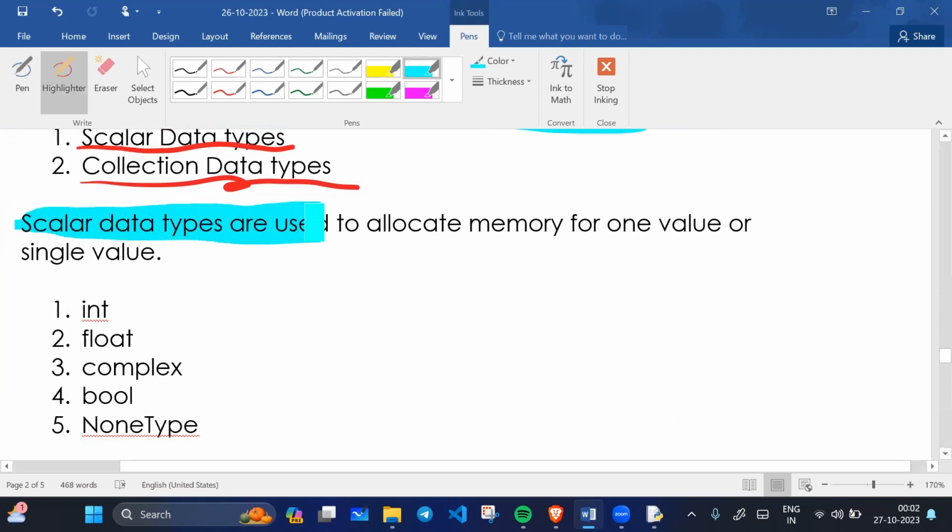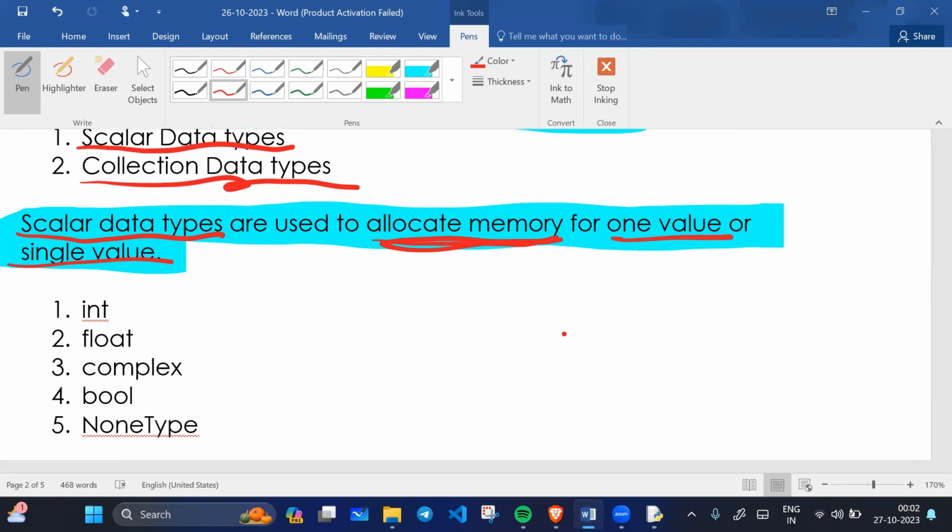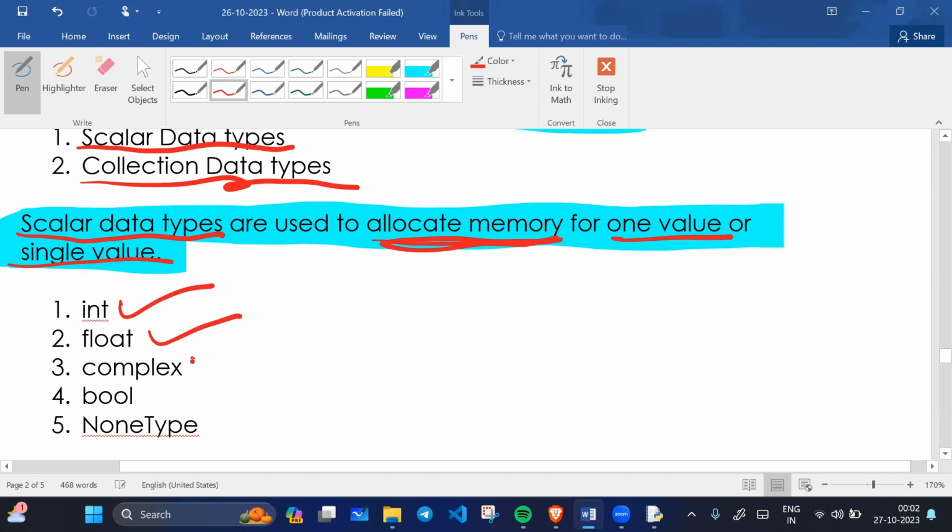Scalar data types are used to allocate memory for one value or a single value. Allocating means assigning some space in memory. Allocation means assigning or giving some space in the memory to the variable or identifier. For example, we have integer data type, float data type, complex data type, boolean data type, and